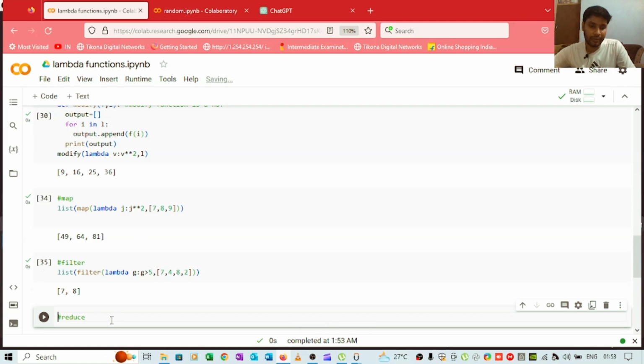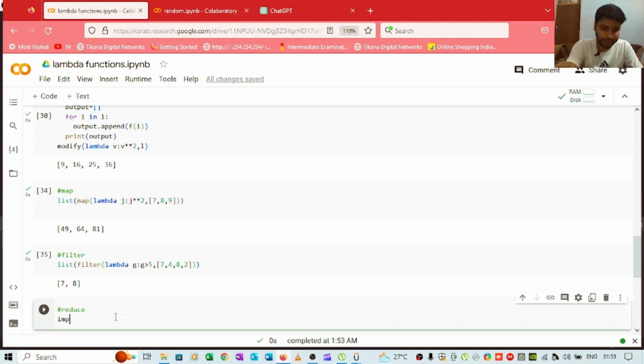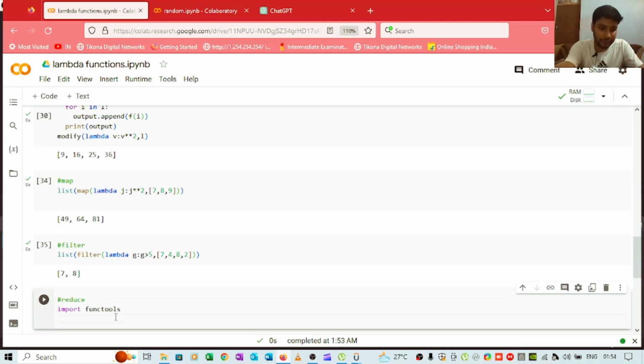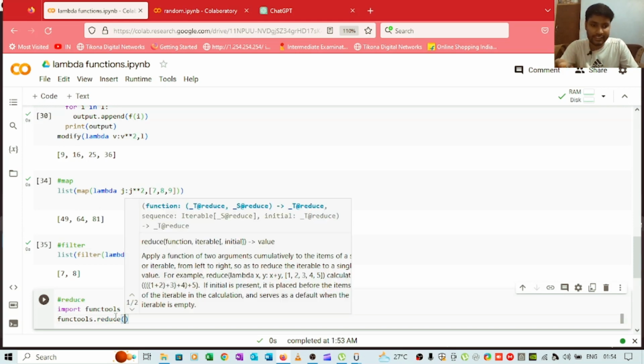And now we have one more higher order function, reduce. So reduce is not a default function. It's basically available inside a module, so you have to import a module called functools. We have to import functools because this reduce function is not a default function. It's present inside a module called functools. You have to use the syntax functools.reduce, and then inside this